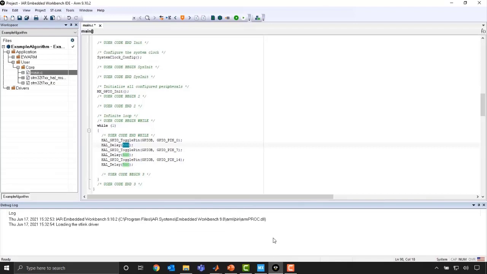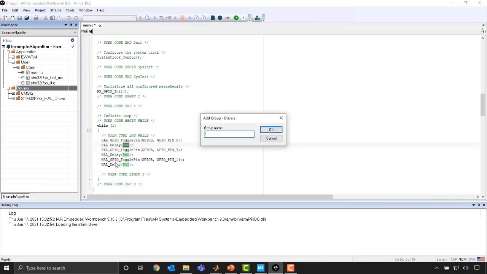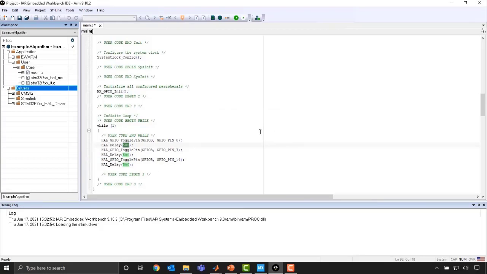And so what we'll do is we can now go into our drivers here and then add a group. And we can call this group Simulink just to kind of keep consistent here. And when we've added that Simulink group, now we can go ahead and add files. So we'll right click again, add files.